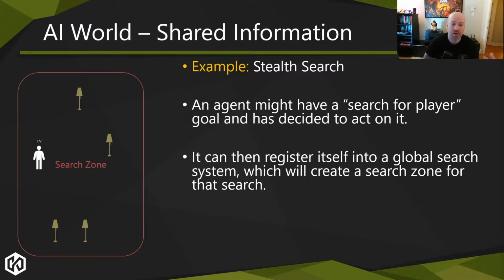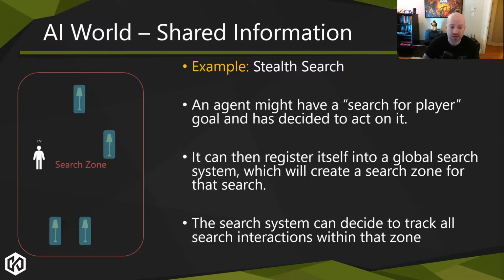Let me look up pretty much every single search interaction. Maybe they need to look under a car, they need to look in a dumpster, they need to look behind something. Those are all smart objects or interactable objects within the environment that the AI can use. So we will just find all of them and track them within that zone and say, cool, you're registered within this, this agent is using this specific search zone information. And every time it does a knowledge update or a decision update or whatever, it can just reference this information and say, hey, here's already pre-cached information for me.